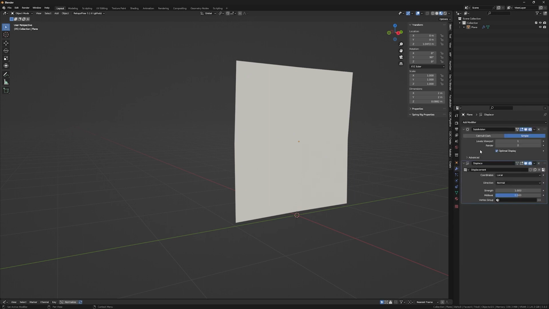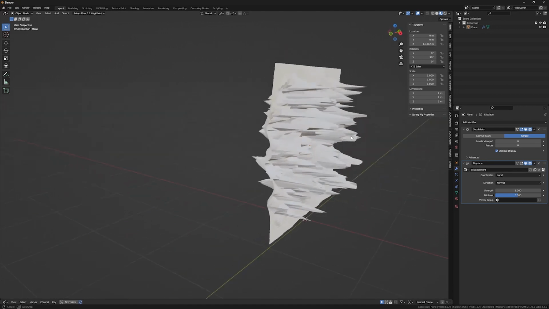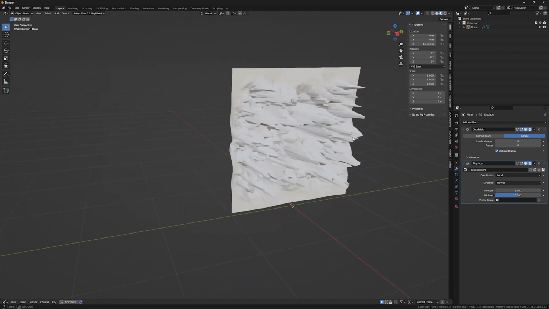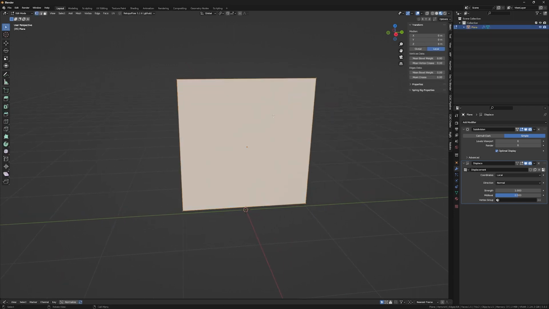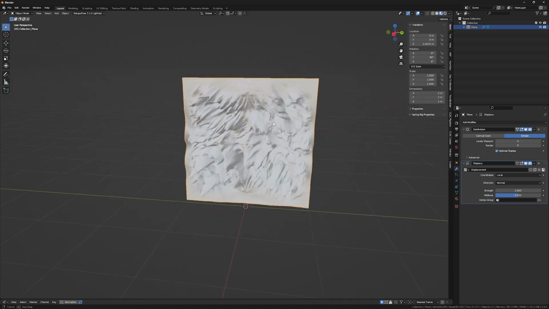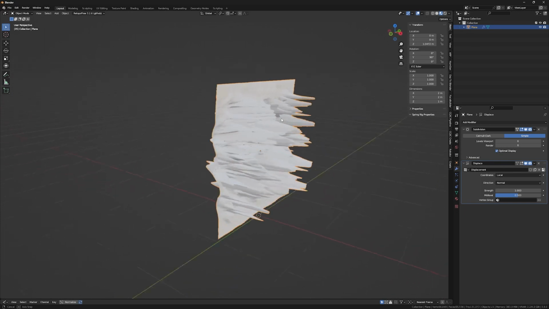Go back to the modifier and add a few subdivisions. As you can see, when I add subdivisions, you see more and more details. But it's still too strong and without any fine details. To add a few more polygons, I select the plane, go to edit mode and select the face, right click, subdivide. I'll subdivide a few times like this, then come out of edit mode to object mode. And as you can see, I have much more resolution on my model, but still the displacement is too strong.